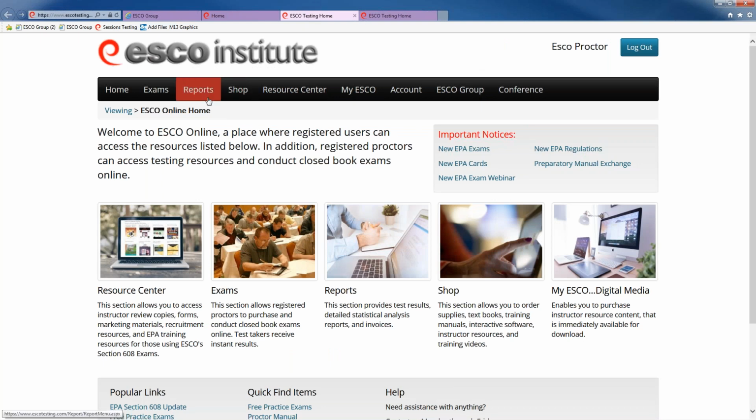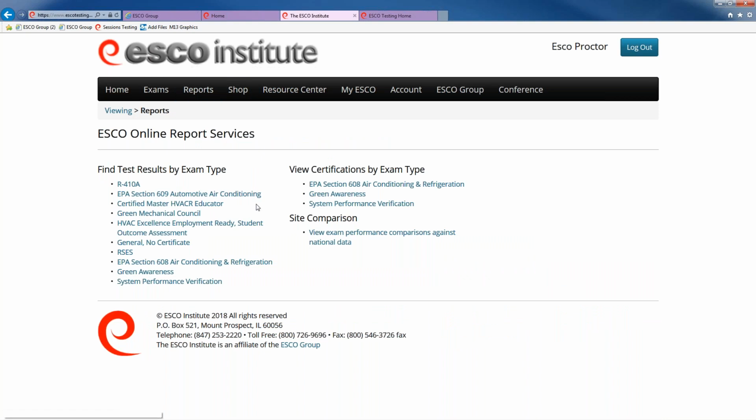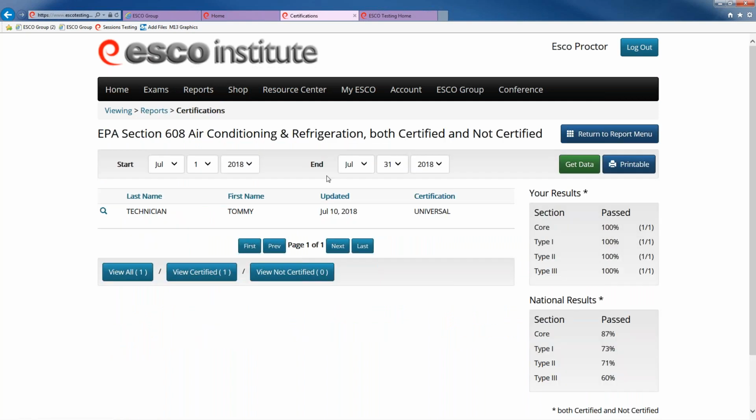So we were looking at the reports, and the one last report to show you is the certification by exam type. And if we pull the 608 report here, this report will actually give you candidates by their certification type. So rather than just looking at scores, you can actually see the certification.